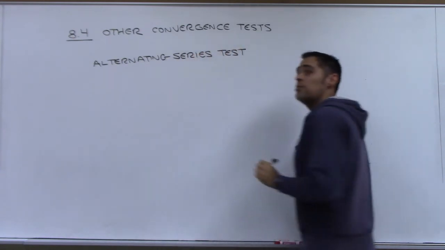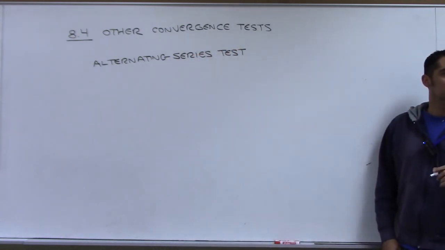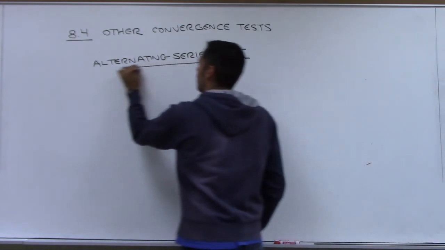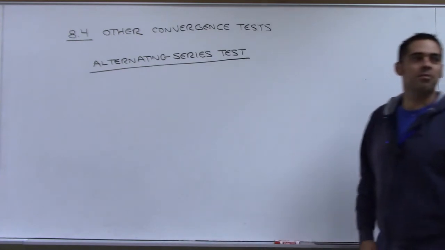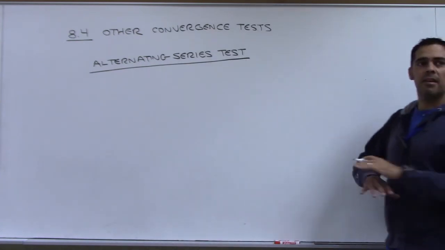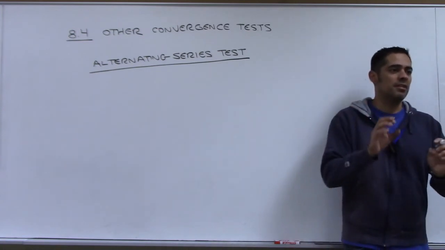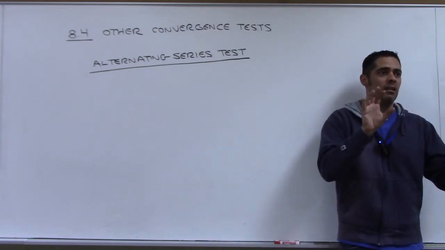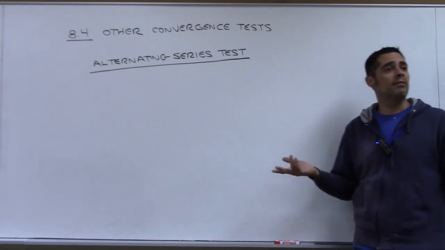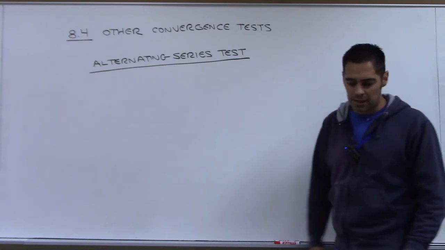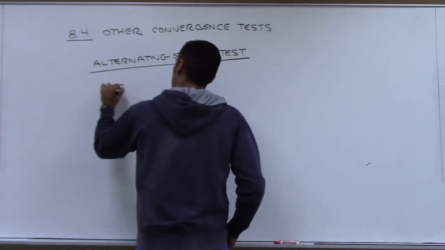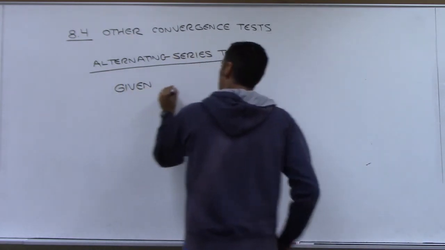And guess when you use this test? When you have an alternating series. That's what makes it nice, is that it can be used when you have an alternating series, which we have not had up to this point, right? Everything that we've studied so far, our series has always been positive terms, hasn't it? A sub n is greater than or equal to 0, B sub n is greater than or equal to 0. But what if some of them are negative? Here's the alternating series test. What it says is this. Given a series that looks like this,